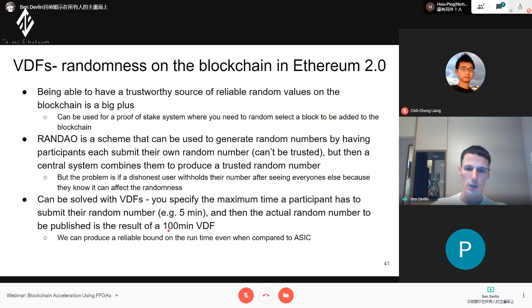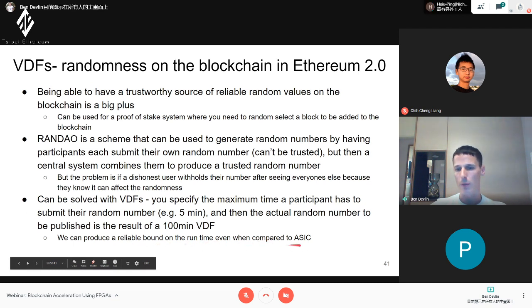If I'm limiting everyone to 5 minutes to submit a random value, you can't wait 100 minutes to see the result before deciding, because by that time I've cut you off. The main idea is to have a reliable bound on the runtime, even if someone has an ASIC, because maybe they'll be 10 times faster, but they won't be 100 times.